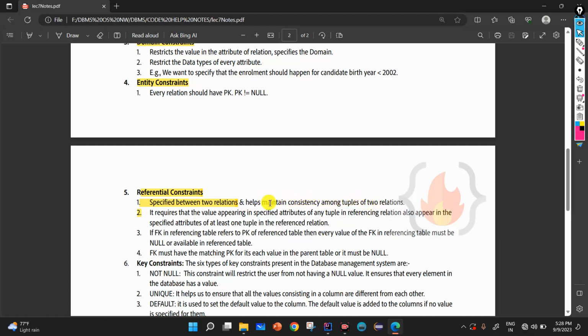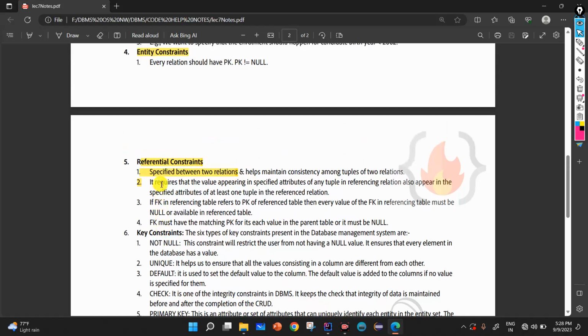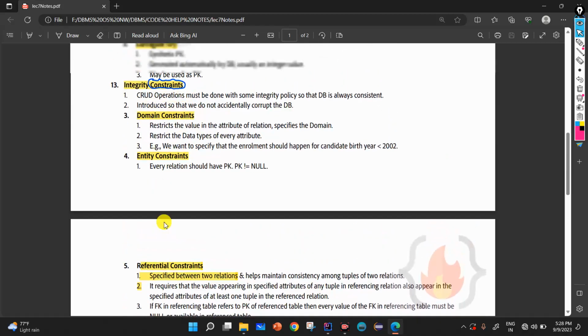Its main work is to maintain consistency among tuples. You can read more about it and explore further. So this is it.